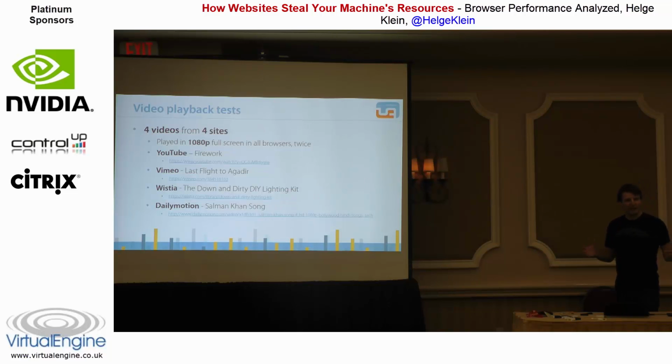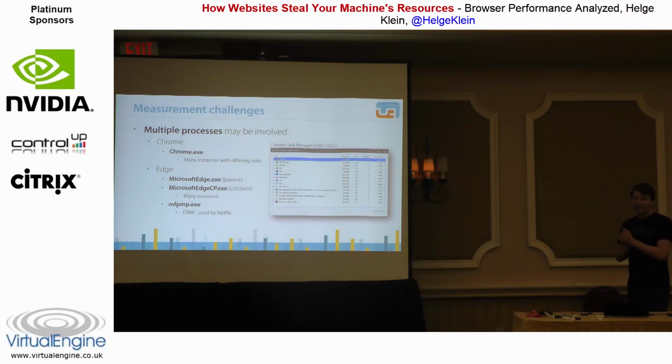And let's see how that same workload affects what that looks like from a performance point of view on this machine. There are a few challenges to measuring performance. One of them is that browsers these days typically use a multi-process architecture. Chrome started that, and Firefox and Internet Explorer followed, I think, and these days even Firefox uses multiple processes, though not as many as Chrome. So what you need to do when you want to look at the browser's performance, in the case of Chrome, is look at all those chrome.exe processes and add up